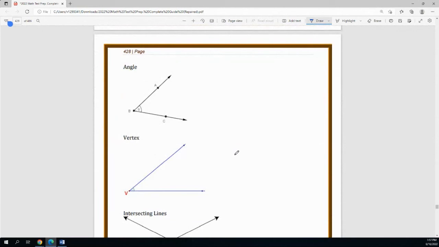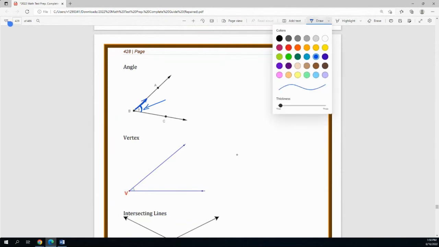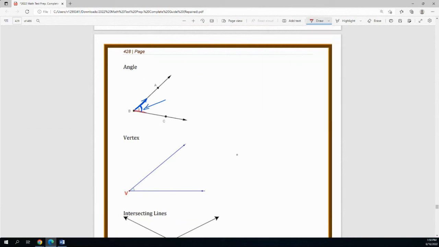Angle. An angle is created right here. This is where the angle actually is. It's the distance between this line here, colored in blue, and then I'm going to color the other one a different color. It's colored in red. So the angle is the distance between one line or one ray and another. Now I said ray because they both start right here and then they shoot off in two directions, right? So that's what we would call a ray. And the angle is created between these two rays and its distance.